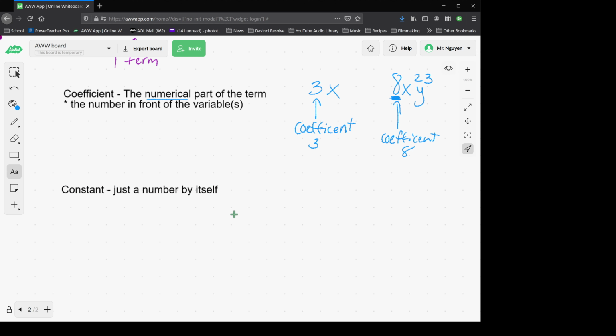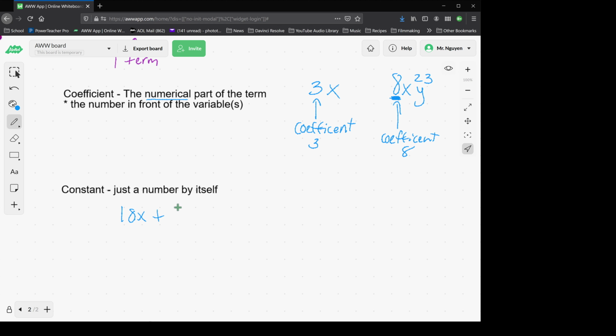This whole time we've been talking about 3x, 4x, 8x, something with a number and a variable, right? A constant is just a number, any number. So if you have, say, I've been using 3 too much, let's say 18x plus